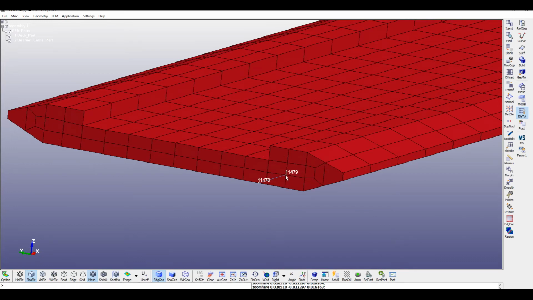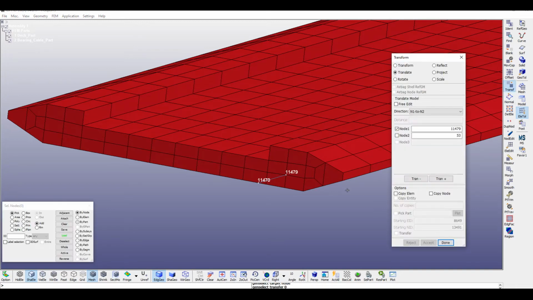We need two bearing cables, so we can copy this one and translate at the same time from here to the same position, the same opposite position. So we can again select the translate, copy element,